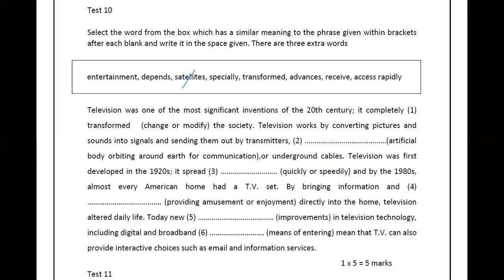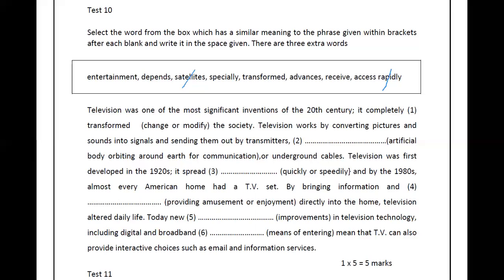Okay. Now we'll see. Television was first developed in the 1920s. It spread blank. Hey, can you say it spread specially? Does quickly mean specially? No, you know, specially means something really special. Now you might not know the meaning of rapidly, but it sounds like quickly or speedily, right? So now you have to put rapidly. I told you to use a pencil because if we feel that rapidly suits better at another place, we can use that word at that place, right? So we have to use rapidly here. Here there's a mistake in the question paper. There should be access, comma, and then rapidly. Okay.